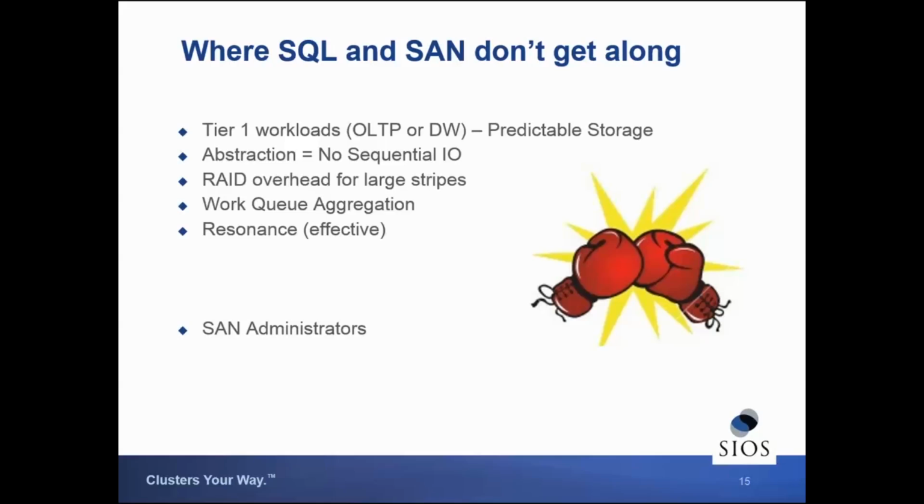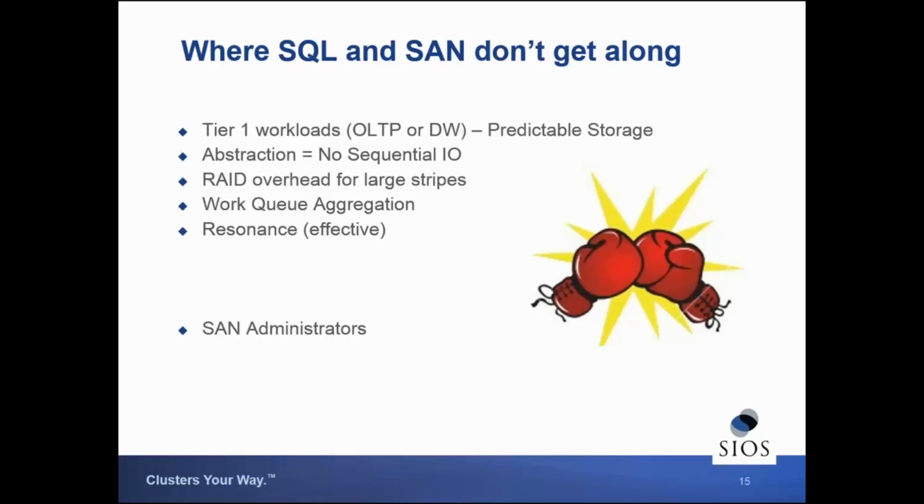So when you see things like that, the SANs don't get along with SQL Server, largely because we have different goals. The SAN goals are designed to consolidate storage and lower the price per megabyte, gigabyte, terabyte, or whatever of storage capacity. But as we saw at the very beginning, storage capacity is the resource that we have the most of. What we really need is I/O capacity, the ability to load data in and retrieve it as quickly as possible.